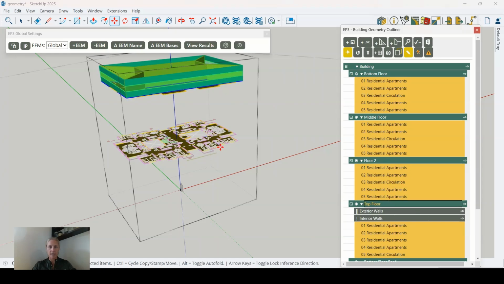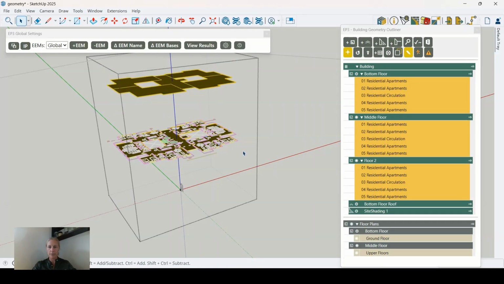So now I will select the top floor here. And then, so I've selected the top floor. Remember, I select up on the top bar here to kind of put me back into the building space, and I can hit delete and it removes that top floor. And we can rename floor 2